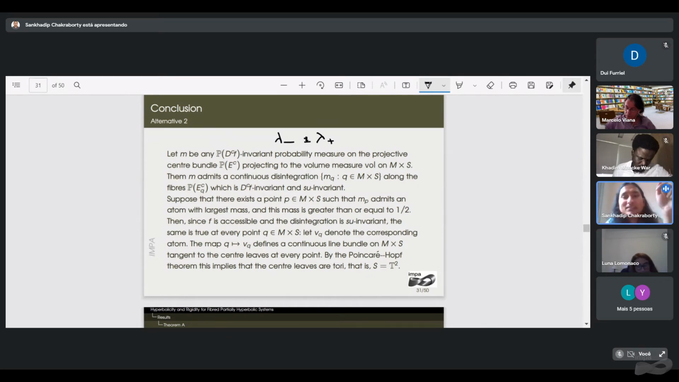Before we do that, we have to get rid of the cases where we have masses greater than or equal to half. And as F is accessible and the disintegration is holonomy invariant, it has to be true at every other point, because once you have that mass at one point, it's just carried around everywhere by the holonomies. So at every point, there is a unique mass which is greater than or equal to half. In our case, we can also have two masses, which we consider later. Now, note this measure, this mq measure,